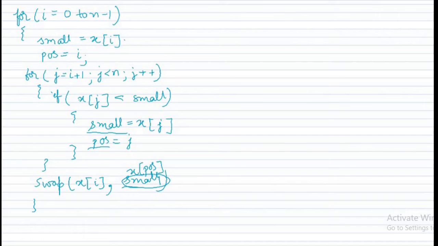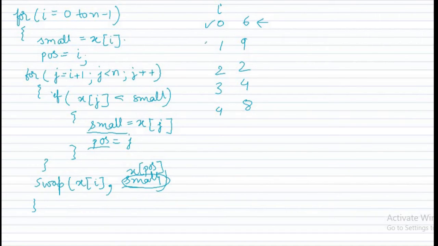Suppose there are these many elements, like there are 6, 9, 2, 4, 8. Suppose these are some of the elements. First of all, we will also write the index. So this is 0, 1, 2, 3 and 4. First of all, the value of i is 0 and this is the smallest element. This is our assumption. Okay.